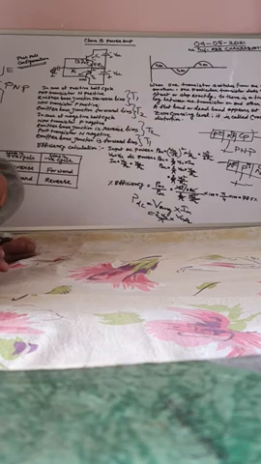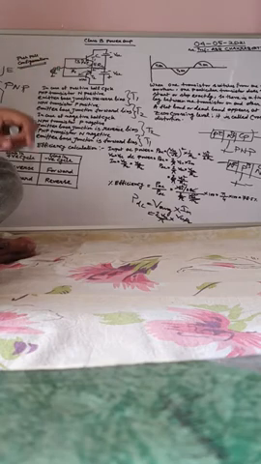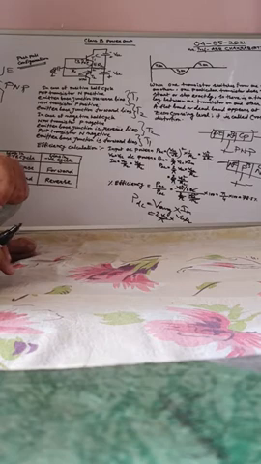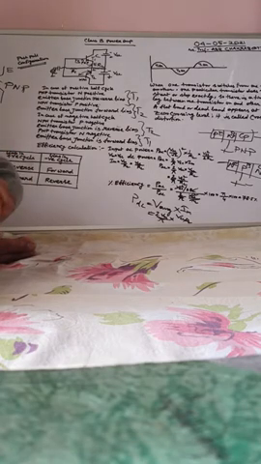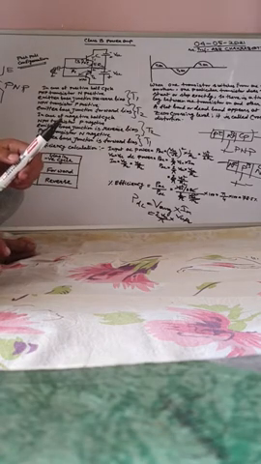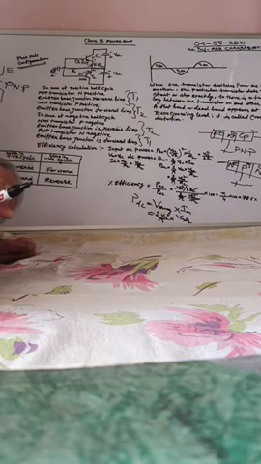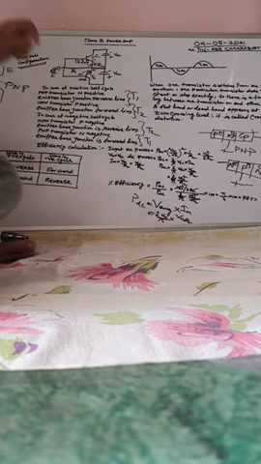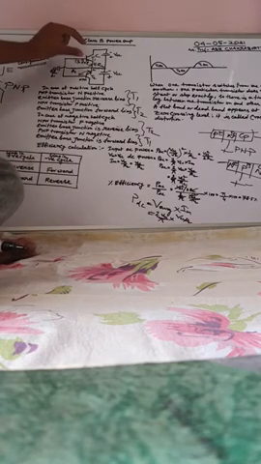DC power is V average into Im. V average is the full wave rectifier output value. A rectifier converts AC signal into pure smooth, ripple free DC signal if we apply a capacitor at the load, so we will get ripple free smooth DC signal. Now here we are using two transistors.